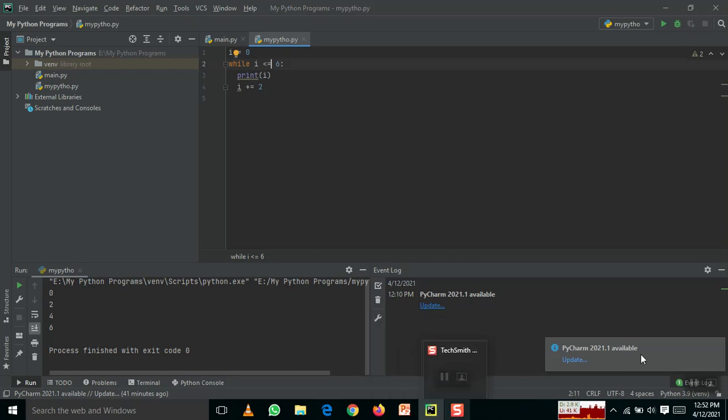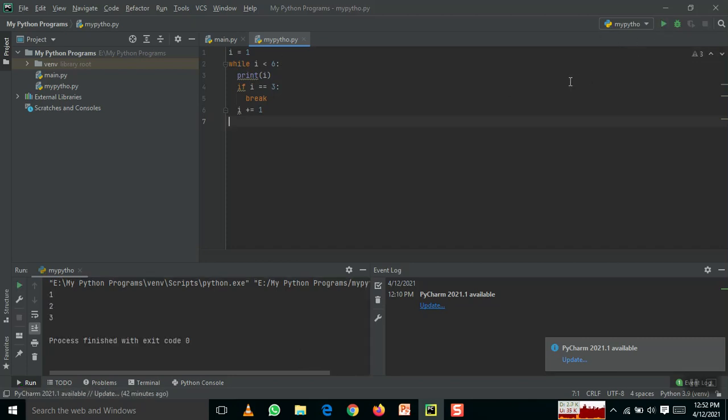So that is the break and continue statement in while. Instead of a for loop I am giving a while loop. After 3 comes in, it will come out with break. Instead of break I can go with continue. If we go with continue, what happens?